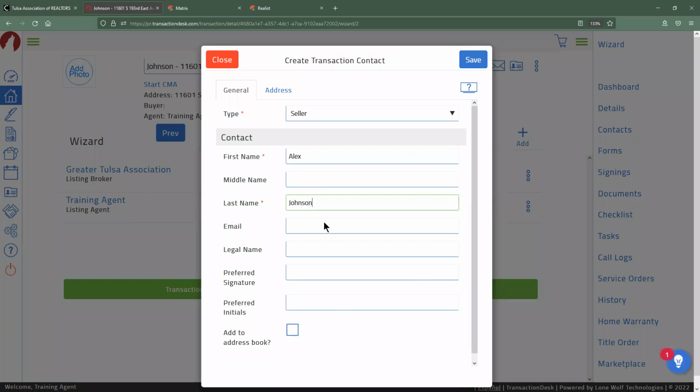That's his first and last name. We've got an email address that we need to add. And this is where we're going to get into one of the few differences between this system and some of the others that you may have had some interaction with in the past. For instance, .loop. .loop actually does not allow for two clients to have the exact same email address.